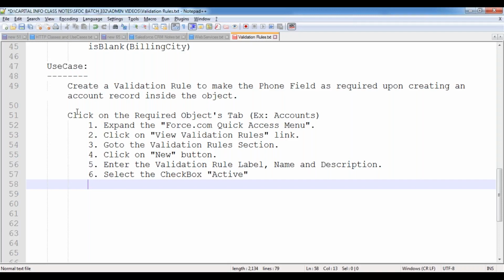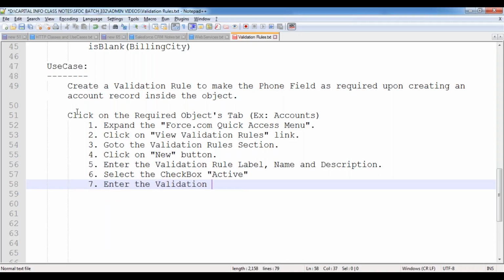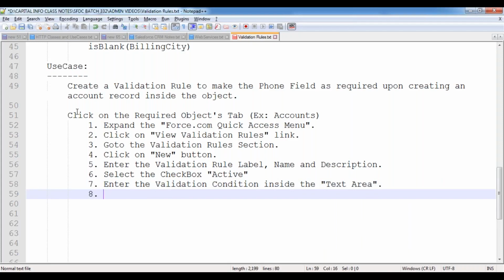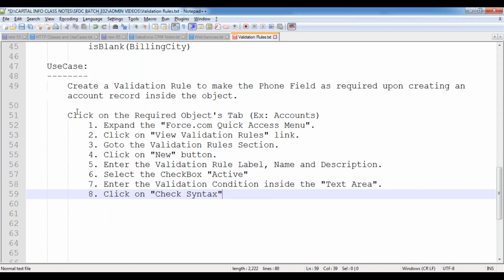For that, we are selecting the active checkbox. Next, enter the validation condition inside the text area. And then once the validation condition has been specified, check the syntax. Click on the check syntax button to validate the syntax.